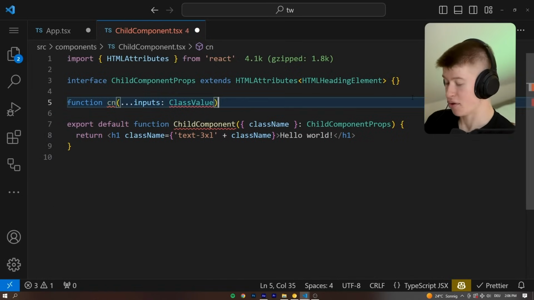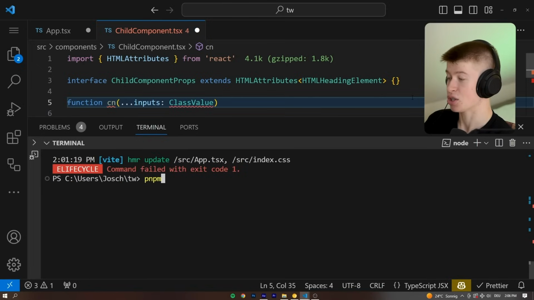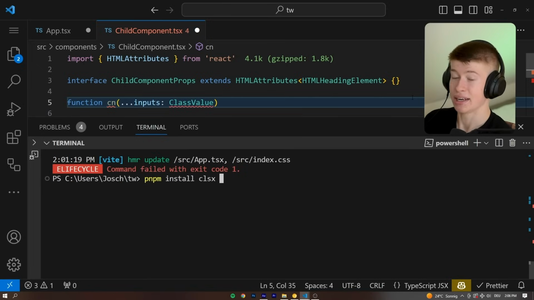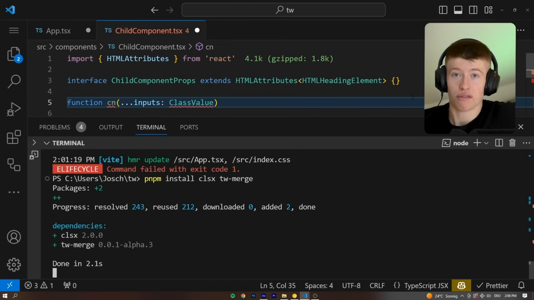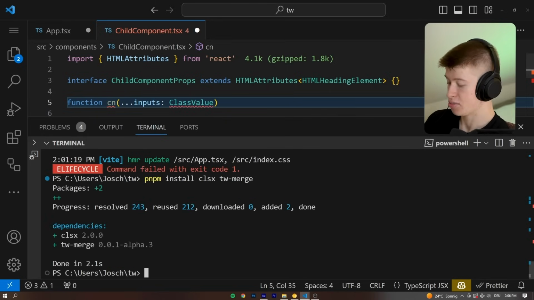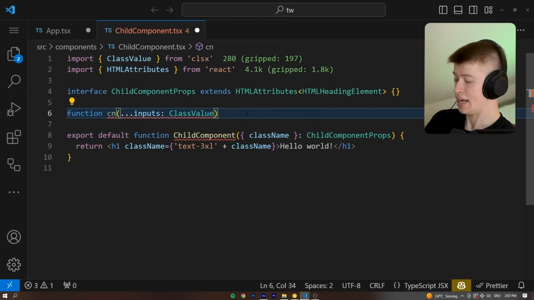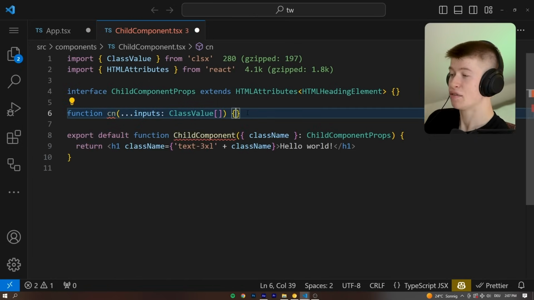There are no suggestions for this, and the reason is this comes from a package. Let's install it, and this package is called clsx. We can install that along with tw-merge, tailwind-merge, and that's going to handle all the merging conflicts for us under the hood automatically. So now we actually do get this ClassValue we can import and define our function